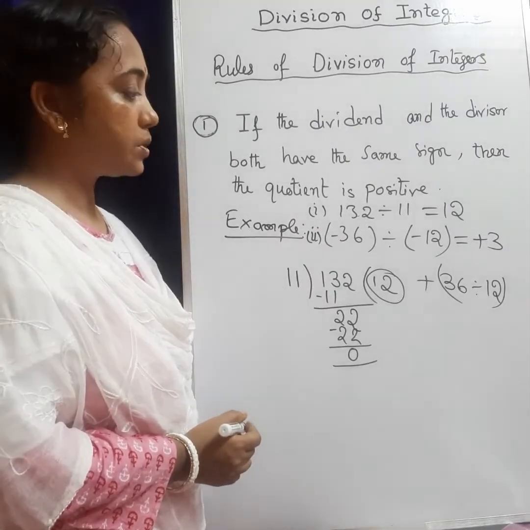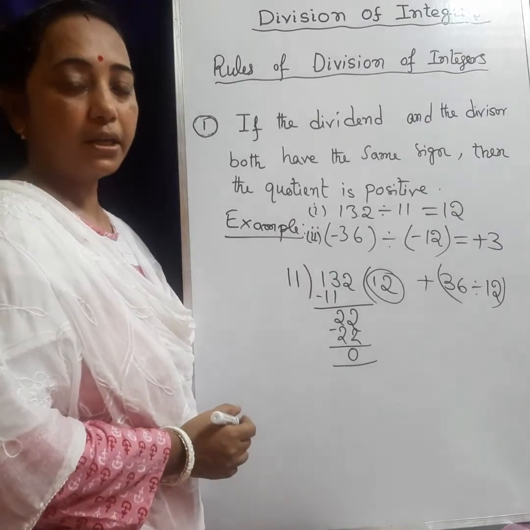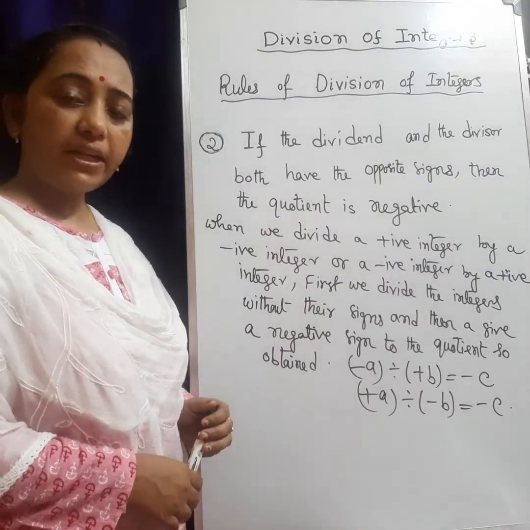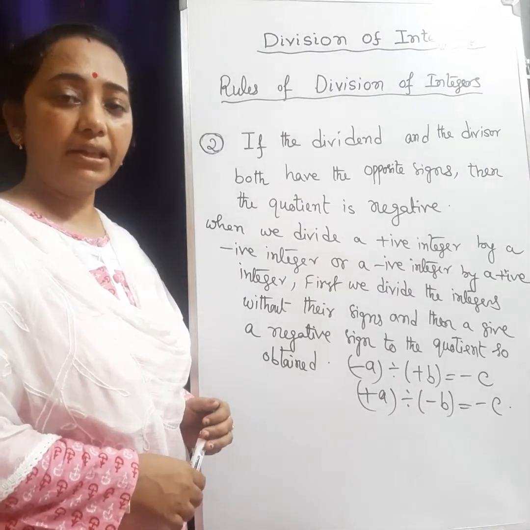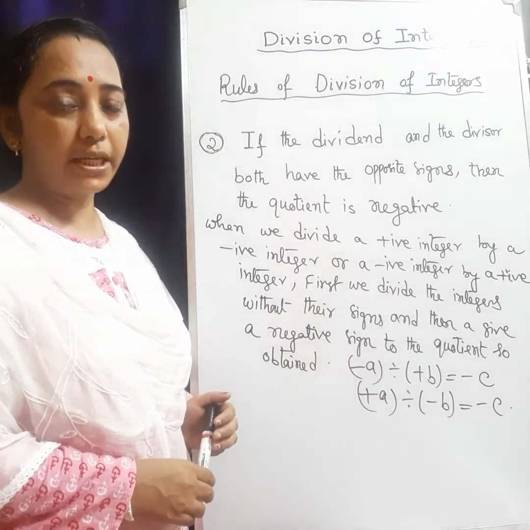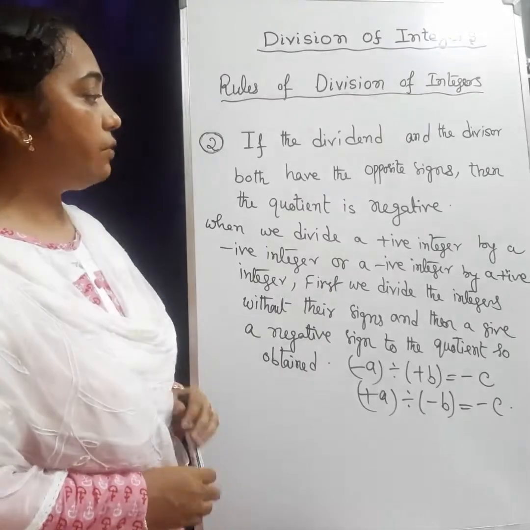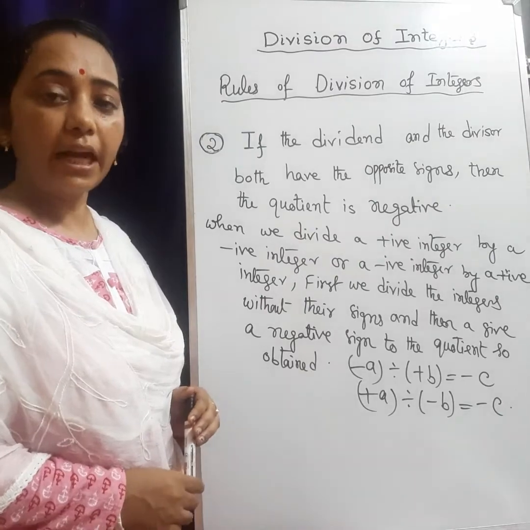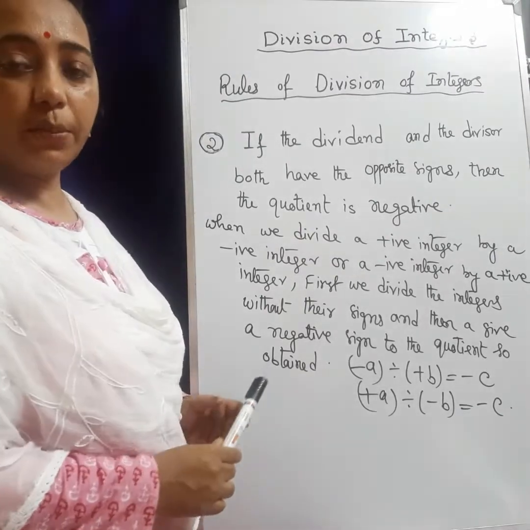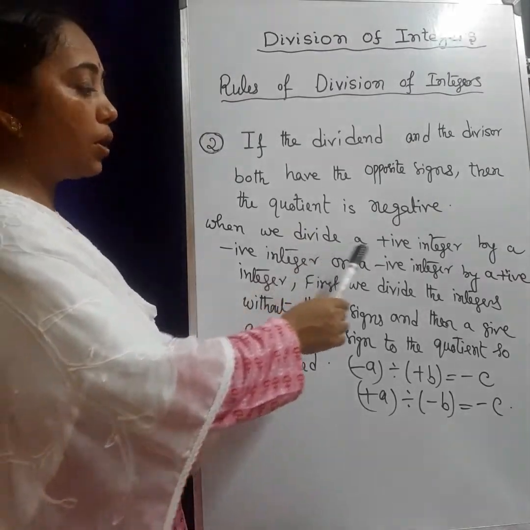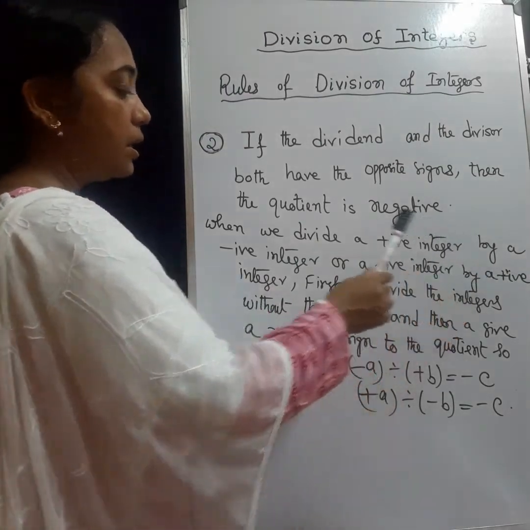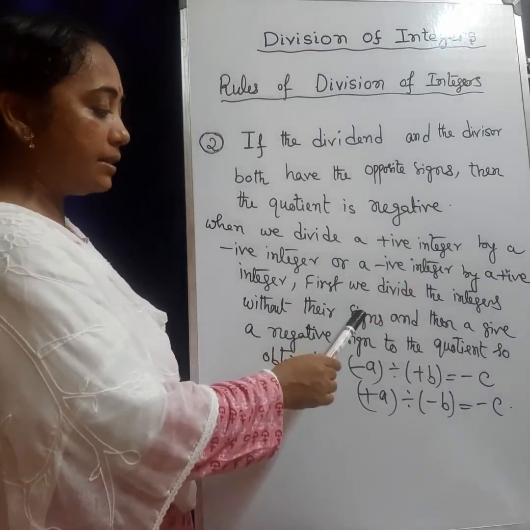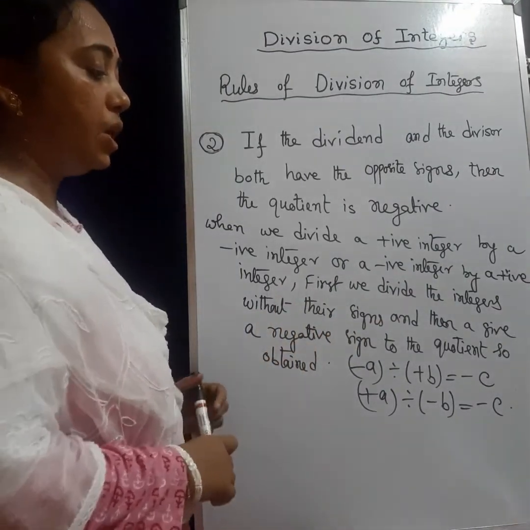The quotient is positive when both the integers, that is the dividend and the divisor, have the same sign. Now let us consider the case when the dividend and the divisor have opposite signs. If the dividend and the divisor have opposite signs, then the quotient is negative. That means when we divide a positive integer by a negative integer or a negative integer by a positive integer, in that case first we divide the integers without their signs and then give a negative sign to the quotient